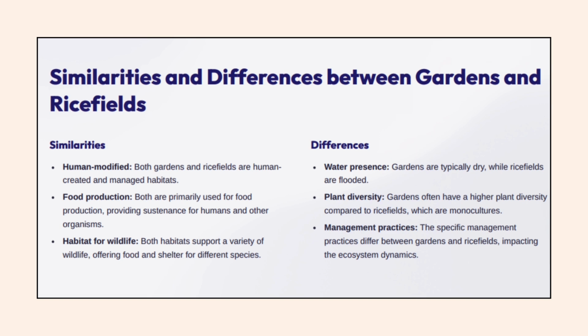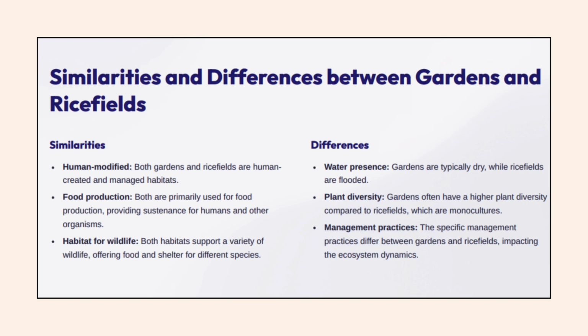Alright. Plant diversity. Gardens often have a higher plant diversity compared to rice fields which are monoculture. So for garden, pwede kang mag-vegetable garden, fruit garden, ano pa. So you can have your medicinal garden, yung medicinal plants garden, ano pa, yung mga pwede mong ihalo, like basil, or rosemary, thyme, yung mga pampalasa, or for spices, yung mga ginagamit na spices